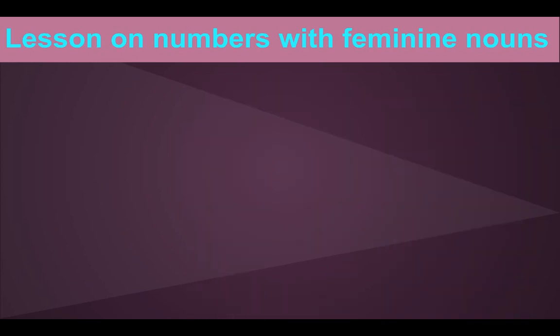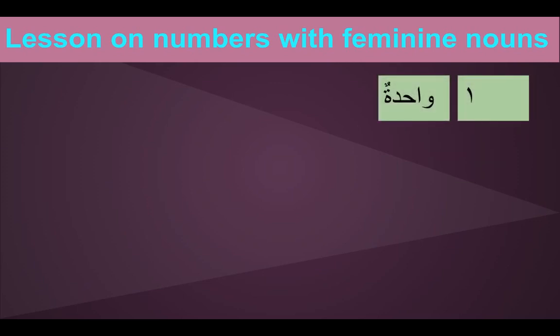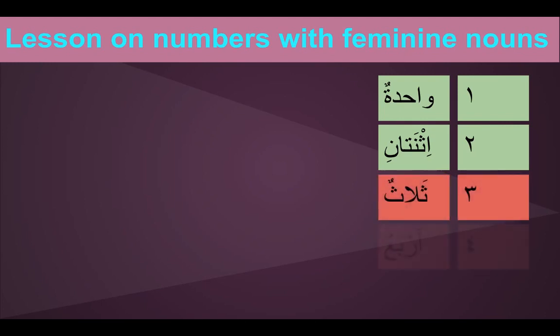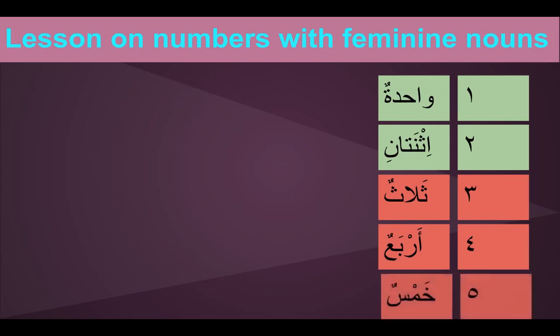So 1 and 2 we know are na'at also, so they have to match. If the noun is feminine, the number is also feminine. So 1 will be wahidatun and 2 will be ithnatani, and from 3 to 10 it is the opposite. The noun is feminine, so we have a masculine number. So 3 will be thalathun, arba'un, khamsun, sittun, sab'un,